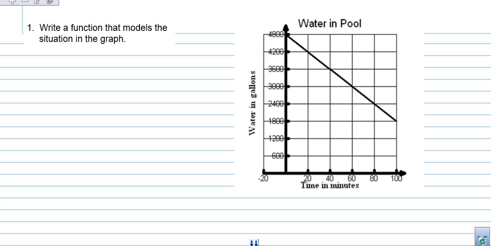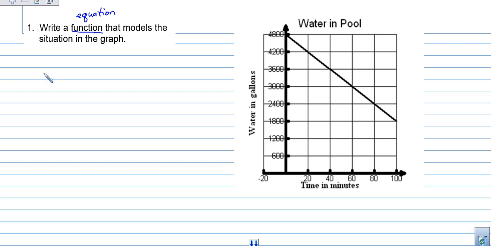So, in all of the questions in Objective Number 1, they're asking you to write the equation or write a function that models a situation. Well, remember that a function is a fancy way to say equation. Function means equation. And all of these equations, even in the title, it says you're writing a linear equation. And if you look at the graph that we're going to write an equation of, it's talking about a line